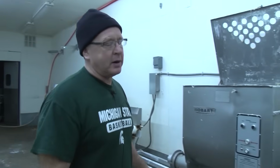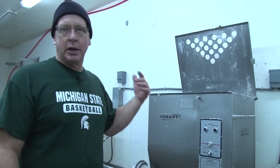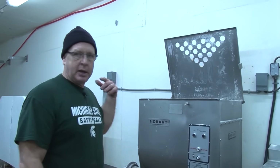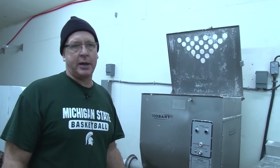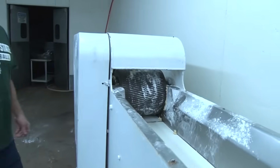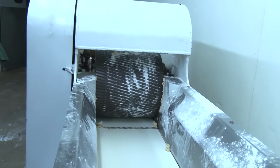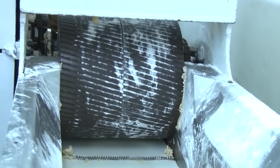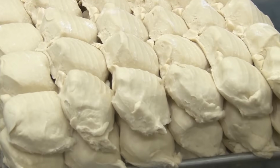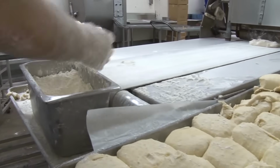This is our dough mixer here. We add flour, shortening, water, and salt basically, and mix it and make pasty crust like anybody else, but we make 500 pounds at a time. From there, the dough is run into a dough divider. It cuts the dough into hockey puck sizes. This will cut 120 pieces of dough a minute. From that, it'll be put on baking pans and stacked. From there, we run it up to